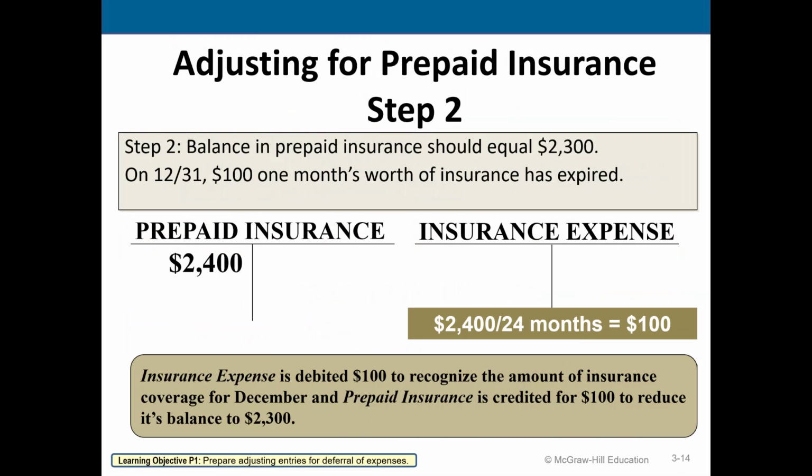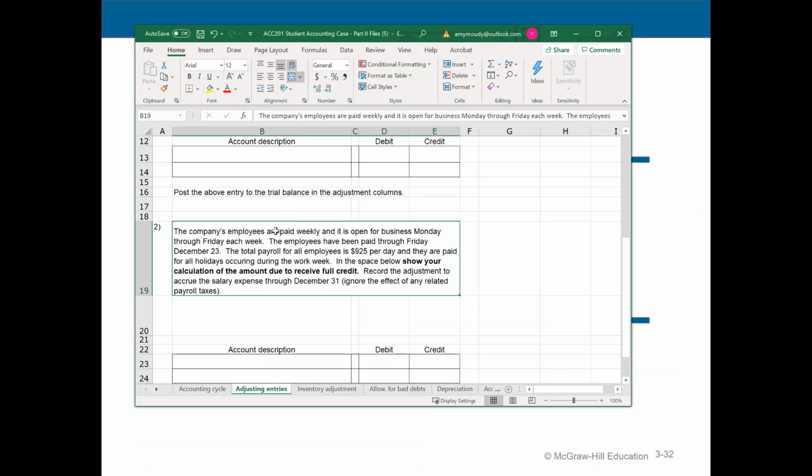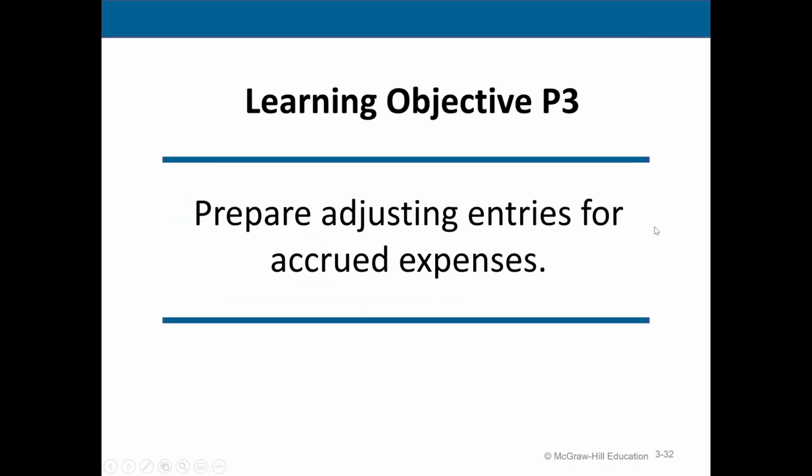So your job on this is really going to be, as quickly as possible, identifying what resources you need to refer back to if you don't remember how to do a journal entry. As you look at the second journal entry in this case, you can see that the company's employee pay is what we're talking about. And if you go again to the chapter 3 slide deck, you can see on slide